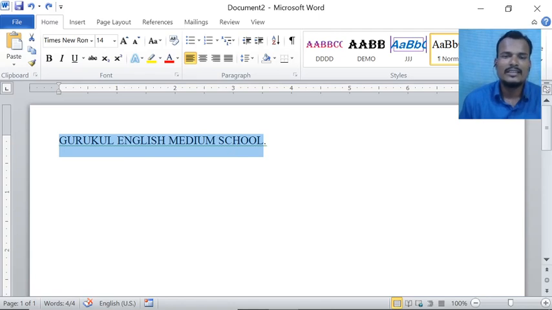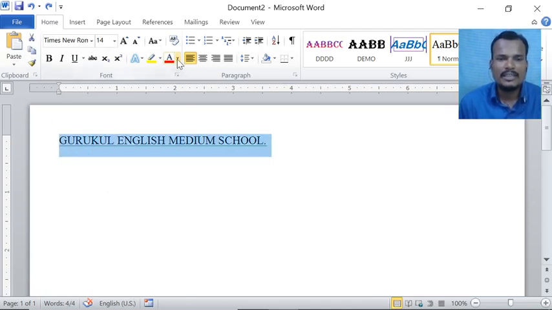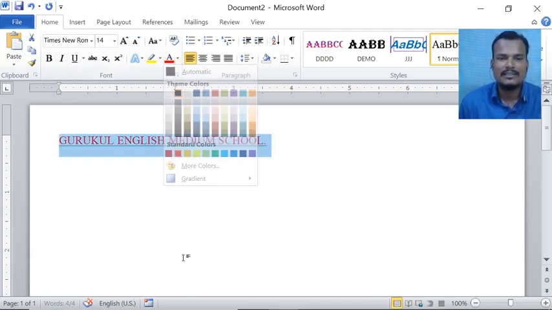One more thing we have to know about undo. See here, Gurukul English Medium School is there. This is a text, and for this text I am giving some formats. Observe here, first I am giving the color, red color.